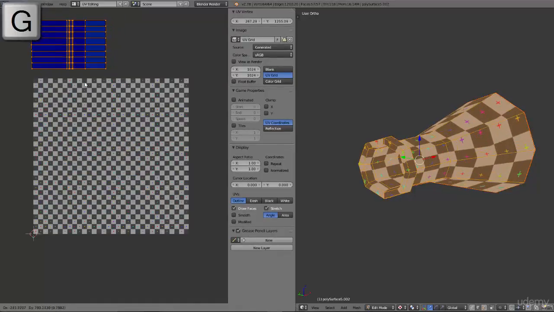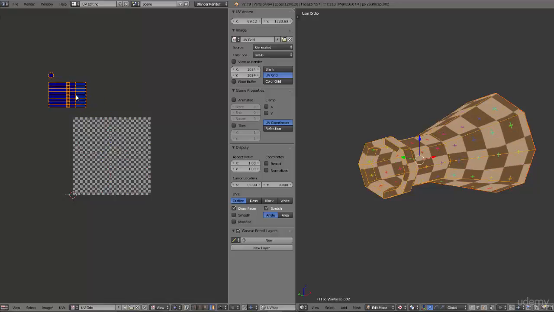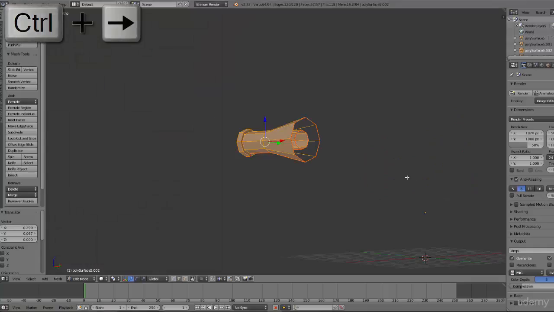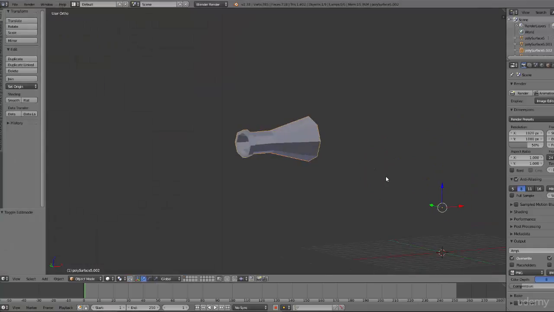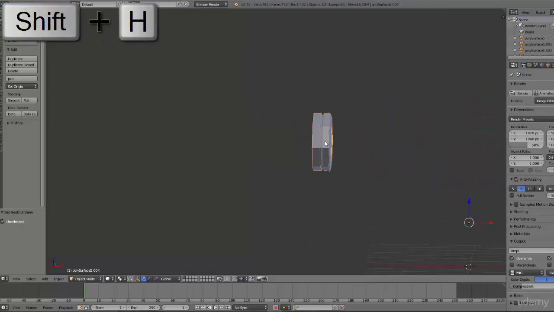I'm going to move it to the upper left hand side, and we're just going to kind of go around the clock here and just place pieces. I'm going to start here, I'll put the next one here, and we'll just go around like this. Okay, so back to the default window, back to object mode, unhide everything, select the next object, hide everything else,